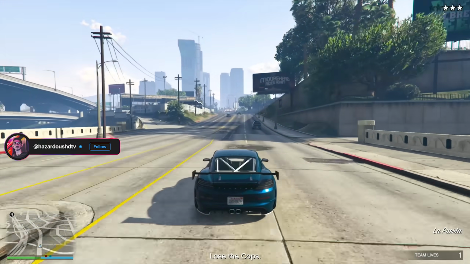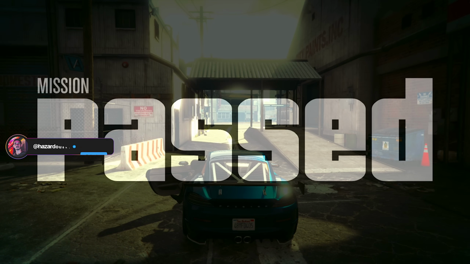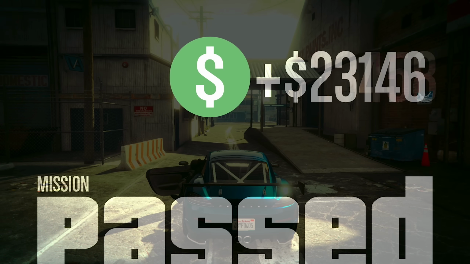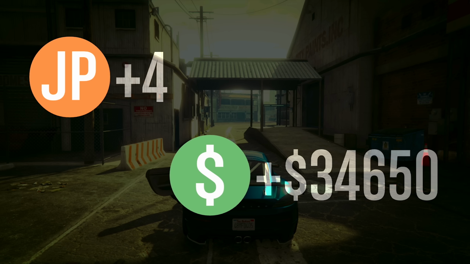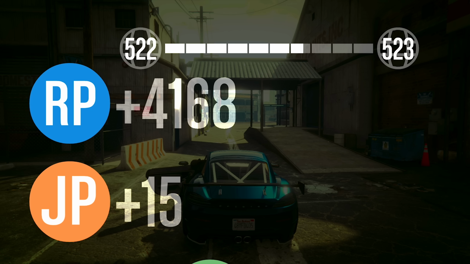So let me just do this real fast. All right, once again, there we go. We lost the cops. Mission passed. 5 minutes on the dot. Another $34,650. Like I said, if you spend about 5 minutes on these, or if you complete the mission in 4